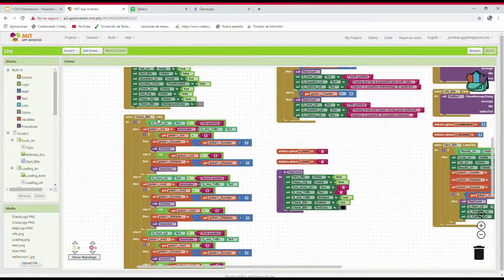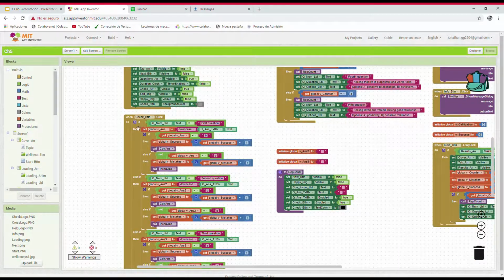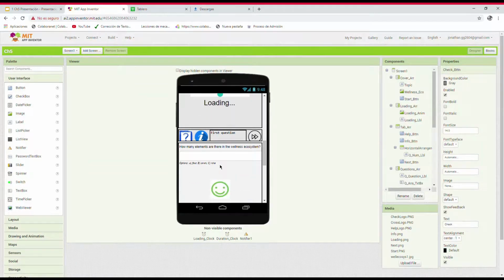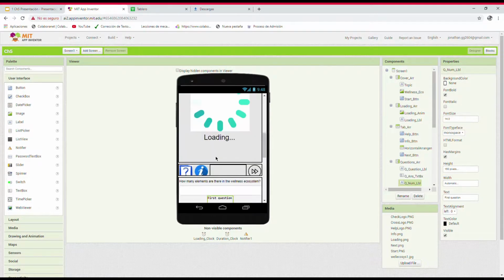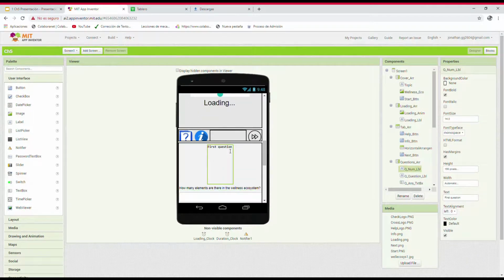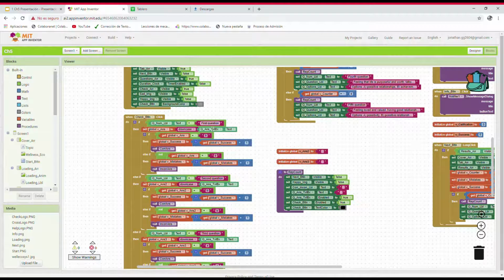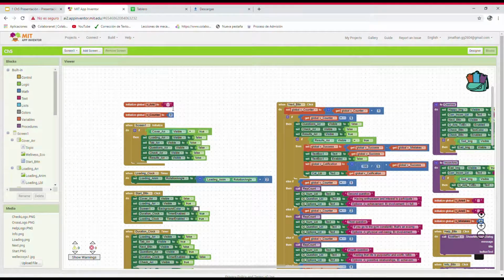And here, this is the first question. Okay, let me move this here. When this Q number label text says first question, the global variable answer number 1, whose original text is empty,